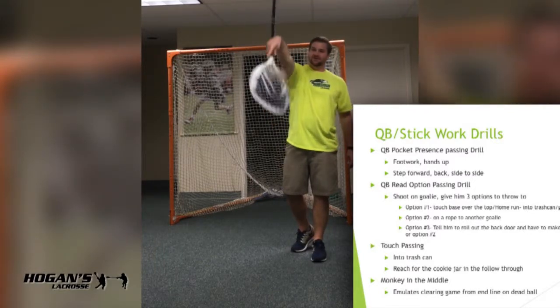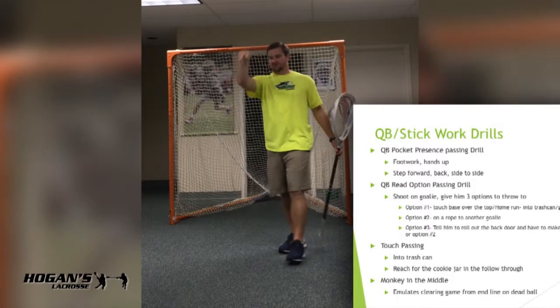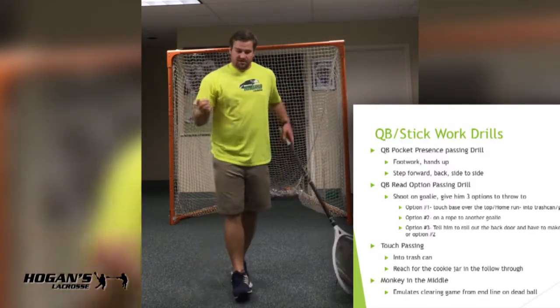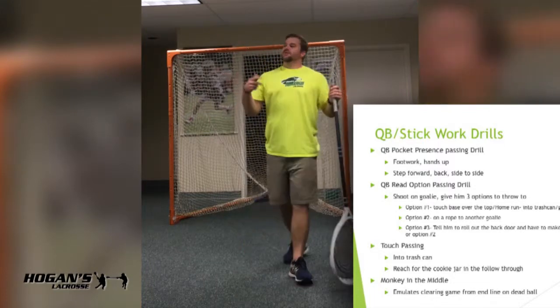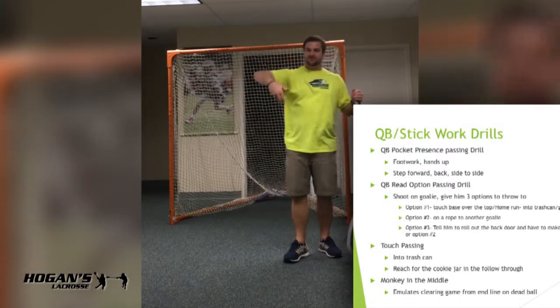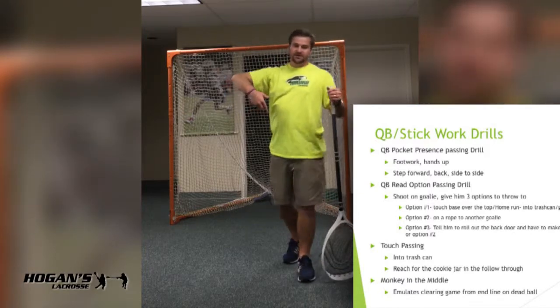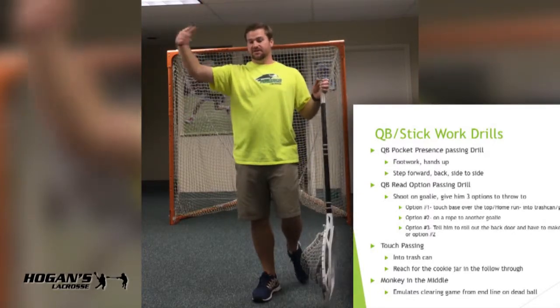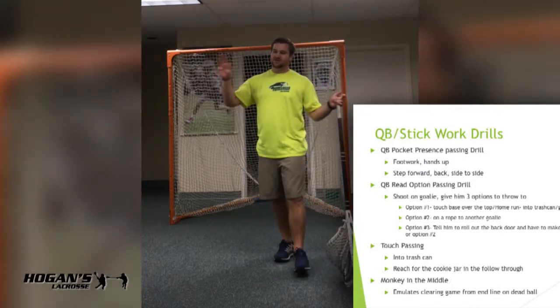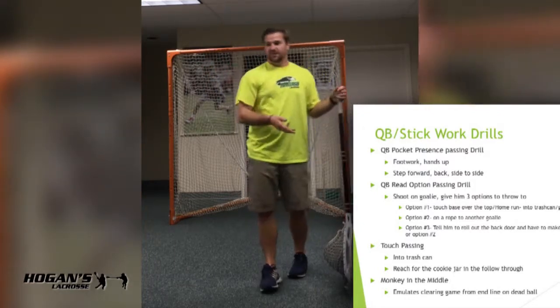Follow through over the top and have a smooth release over the top. And then I think I'll talk about it later, but always tell your kids it's always better to overthrow than underthrow on every pass when you're clearing the ball. Because if you overthrow it and it goes out of bounds, you have a quick time to get back. We don't have the horns anymore, but you have the ability to get back in the hole,